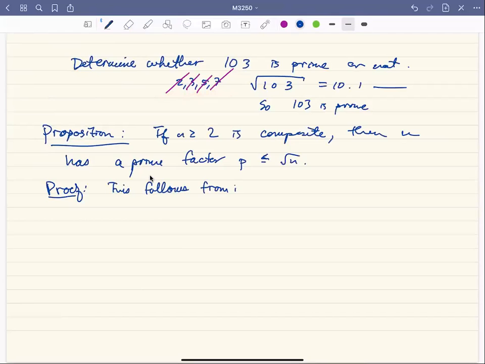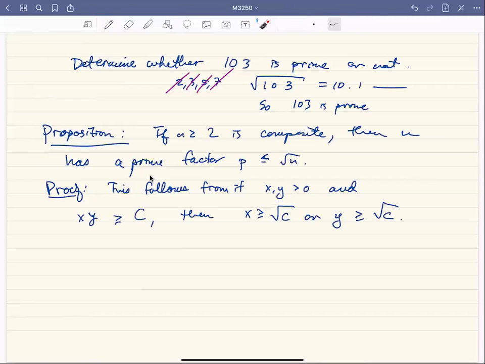from the fact that if x and y are positive and x times y is greater than or equal to c, then x is greater than or equal to the square root of c, or y is greater than or equal to the square root of c. So this is the statement: if you have 2 positive integers and their product is at least c, then at least one of the terms has to be greater than or equal to the square root of c. The proof is